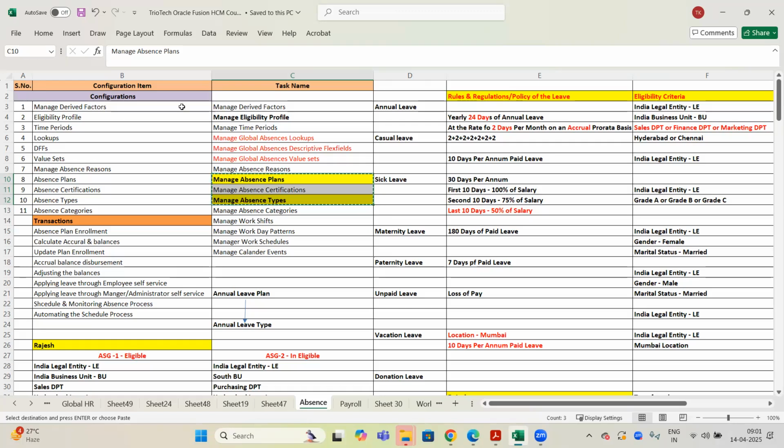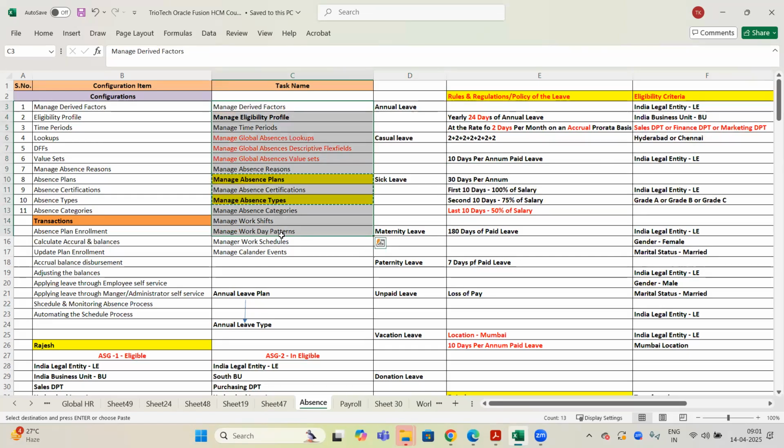So this is entirely a leave management concept, team. We are going to get the requirement from the client: what are the different types of leaves they provide to their employees yearly, and for every leave, what are their rules, regulations, policy, how many days they provide, and what is the eligibility criteria. We have a separate concept for this. This topic I will take up in tomorrow's session freshly, team, because it is a very interesting module as well, and a very important